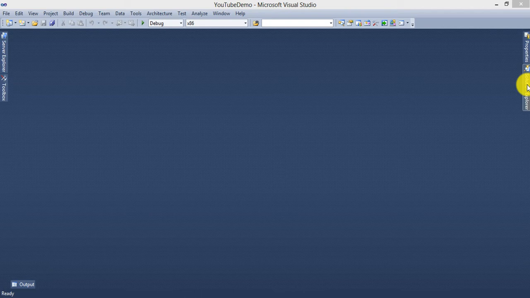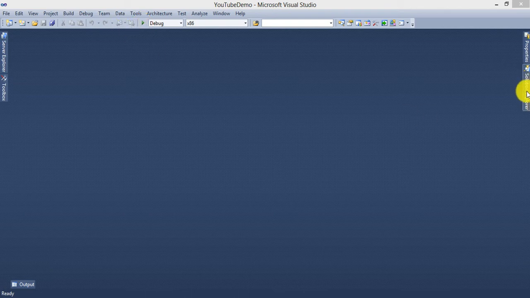The tooltip control gives a brief intro about a specific control whenever the mouse is over that control. For example, you can see the mouse pointer here. Now I'm hovering here, so it displays "Start Debugging F5". It's giving the information about that control. This is known as a tooltip control. So let's see how you can use both controls in .NET technology.